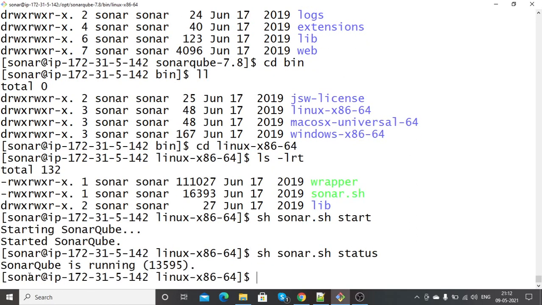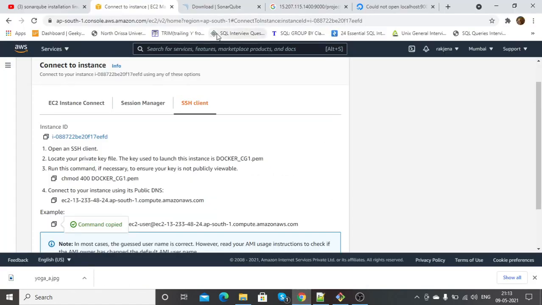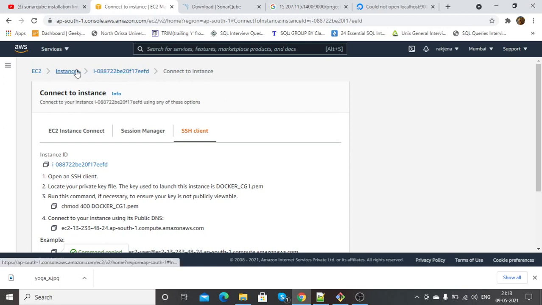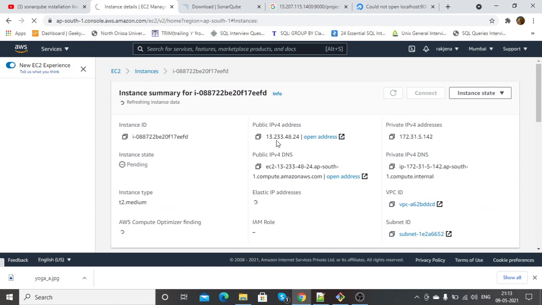We can see SonarQube is running, ID is also there. So now we can access this server. From our machine with the port 9000, we are going to access the SonarQube. So click here, copy the public IP.